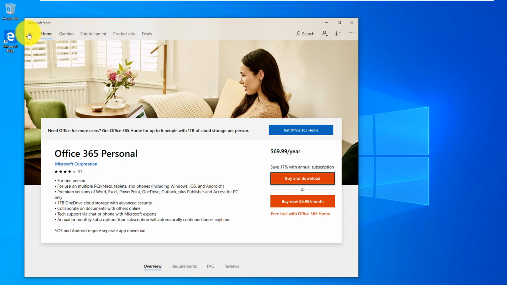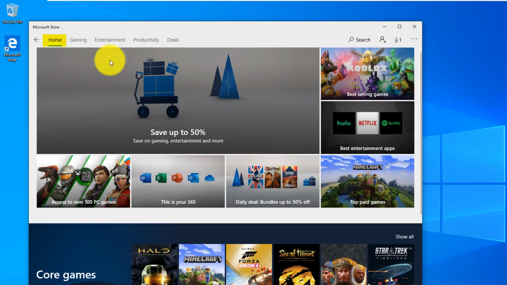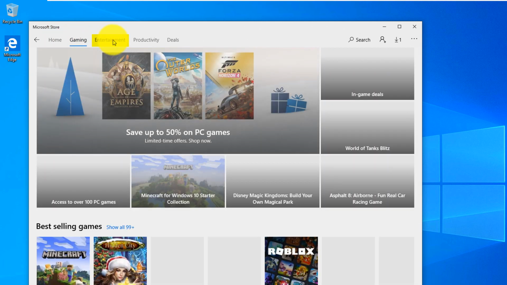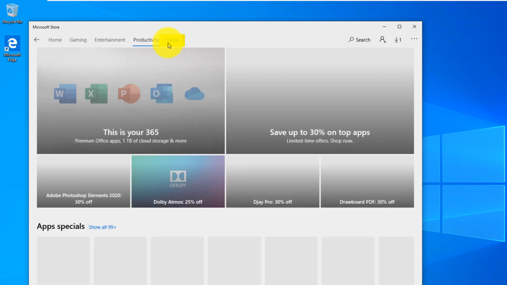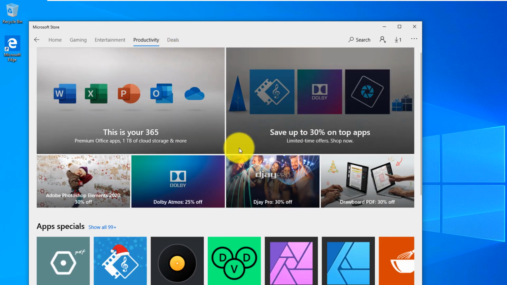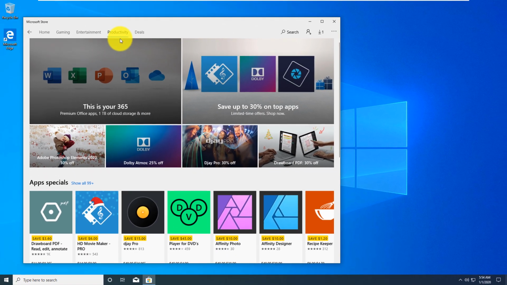One of the best and coolest features of Microsoft Store is the ability to shop in one place and find what you're looking for. For example, if we go to Home, you can navigate through different categories like gaming, entertainment, productivity, and search for deals. It used to be that you had to go online and find applications for the Windows platform from a lot of different publishers, but now Microsoft Store